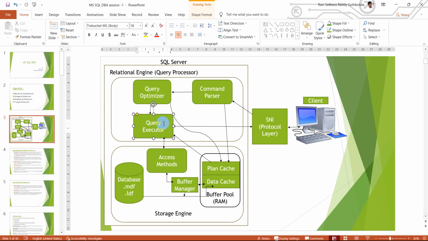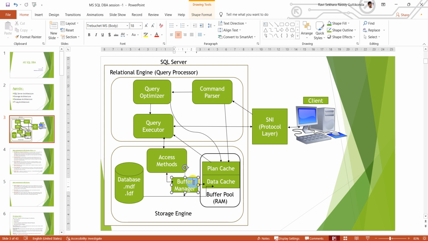So the query executor will not have any data, so it has to process the query. It will ask for the data from access methods. Access methods is a component of the storage engine. Access methods also require data to complete the query, so access methods will ask the buffer manager to provide the required